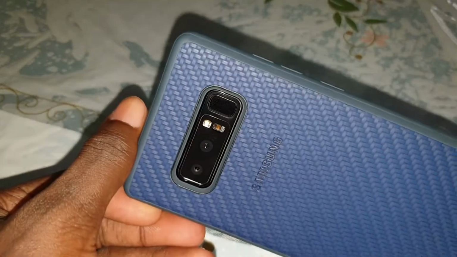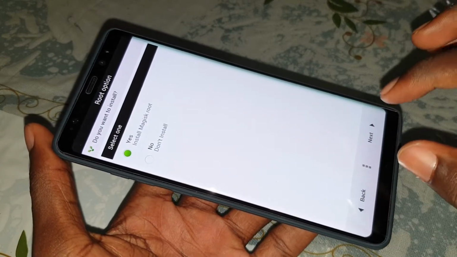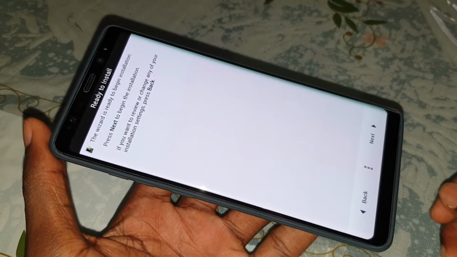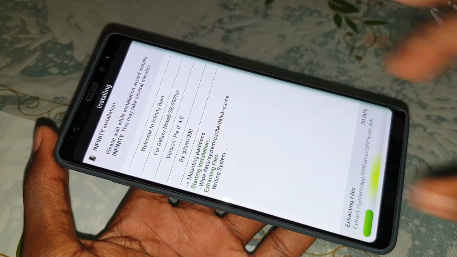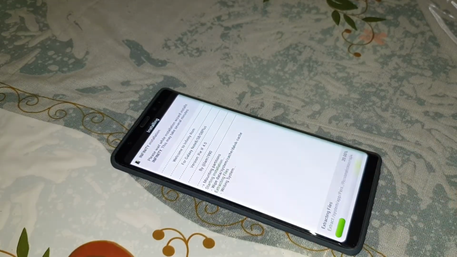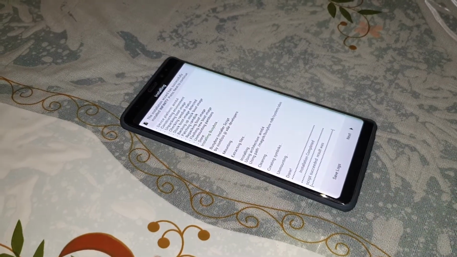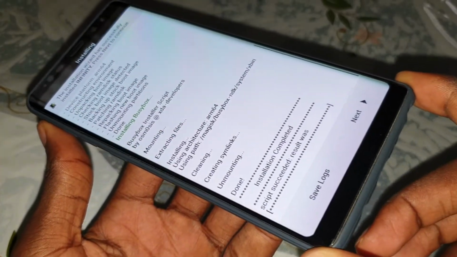And you see, this is my Note 8. Now, I select the Note 8 and click on continue. Click on next again. And now you are ready to install this. Click on install. Click on next to the installation and get ready. Wait a few minutes together. Wait again. Okay. As you see, complete.